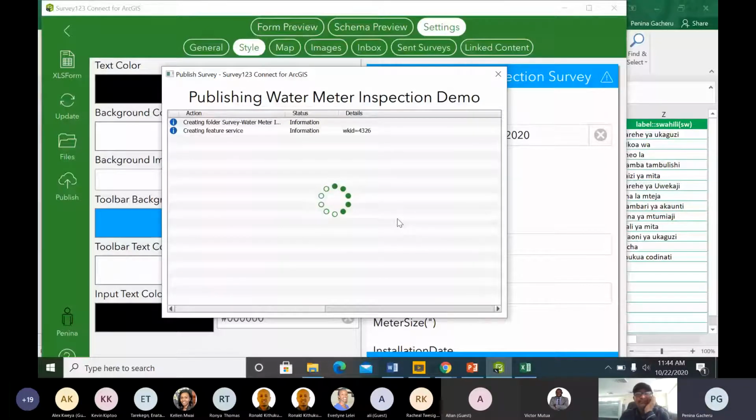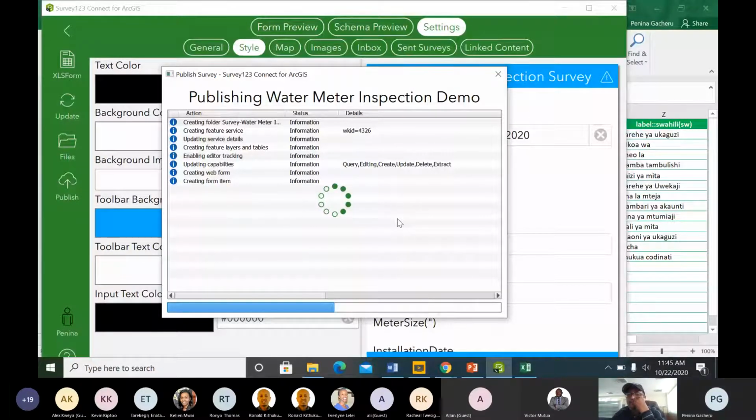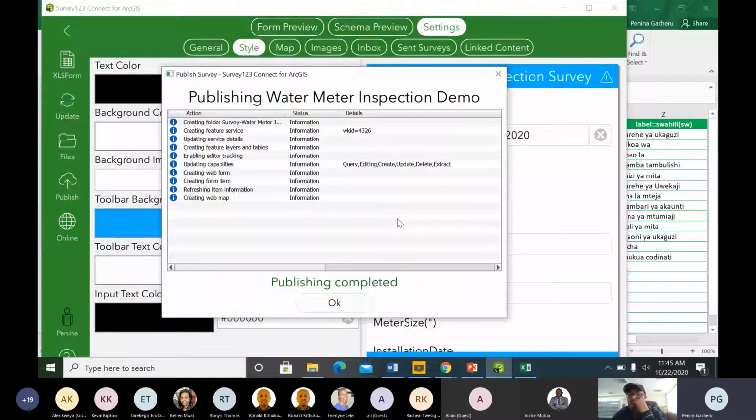The moment you publish, your survey is hosted in survey123.arcgis.com. That is where you find your survey. So the moment it finishes publishing, we'll just go online, and then we go ahead and share. Once we share, people are able to collect the data. So for now, we've completed